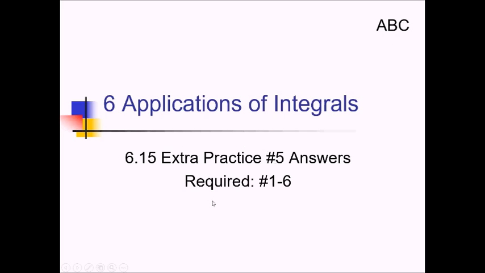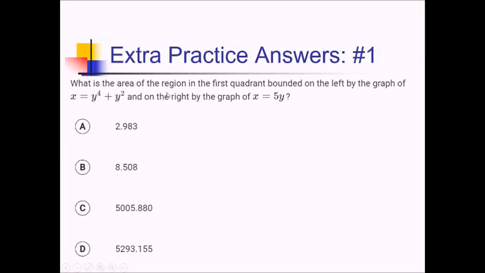This is the AB Calculus 615 Extra Practice number 5 solutions on integration with respect to the y-axis. For this problem, we want to know the area of the region in the first quadrant, bounded on the left by this x equals graph, and on the right by this other x equals graph. Well, this is a graphing calculator question, so let me try to graph out this situation and see what we're